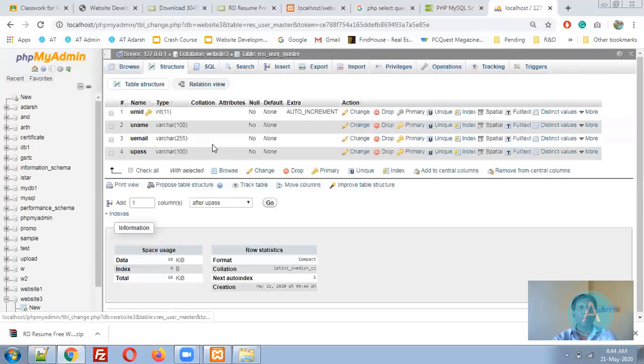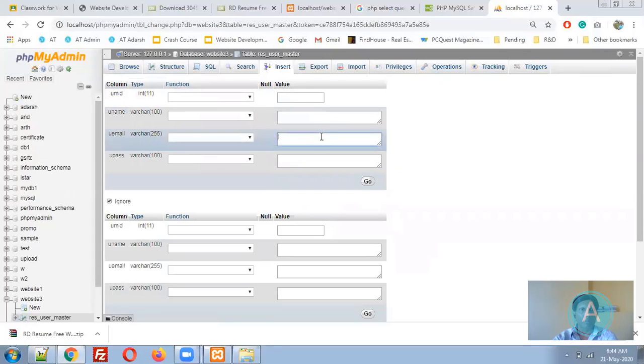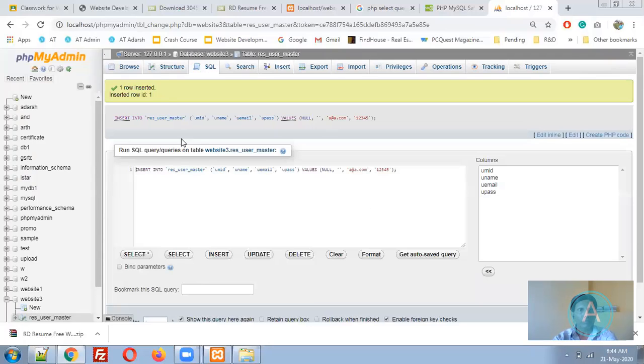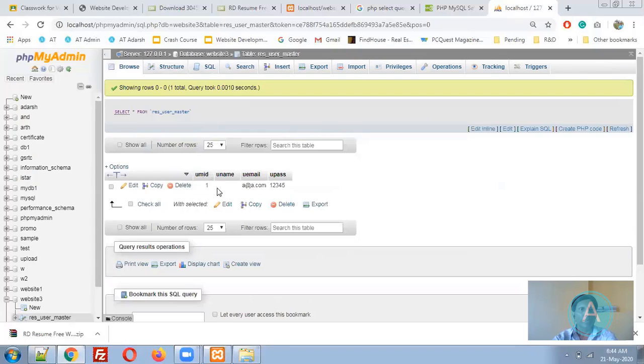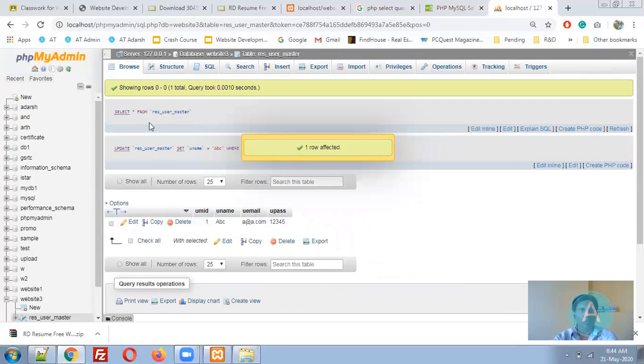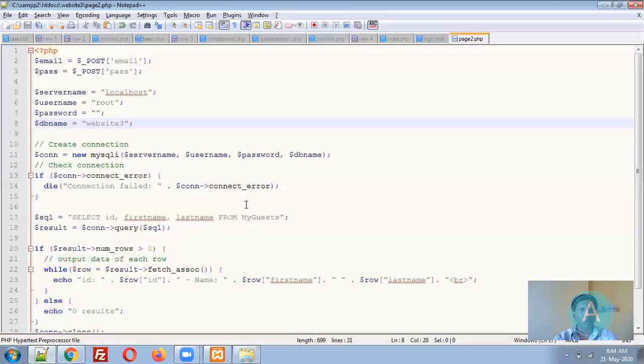Let me insert one value, for example a@a.com, password is 12345. Let me change the name to ABC. Now we need to validate with these particular fields.